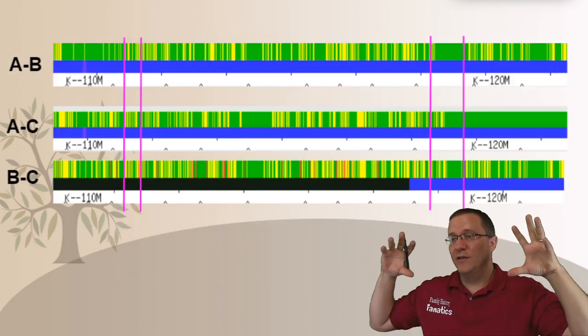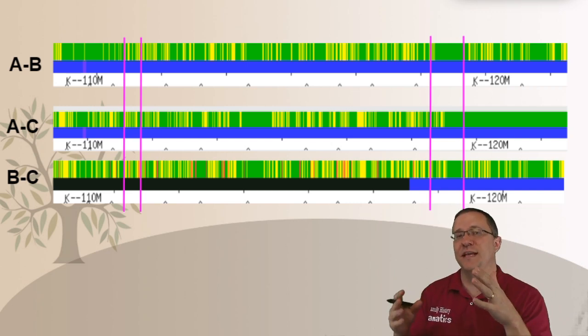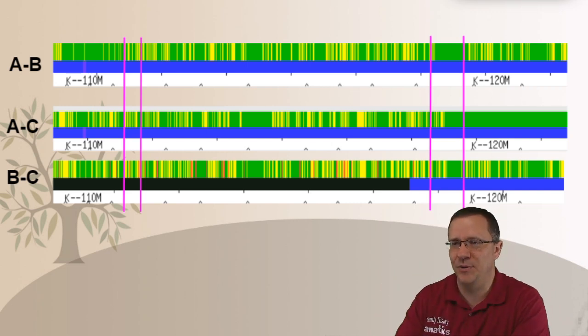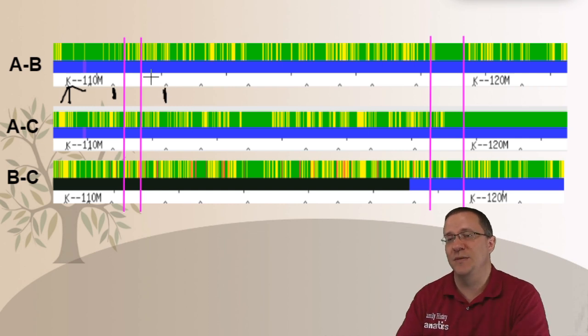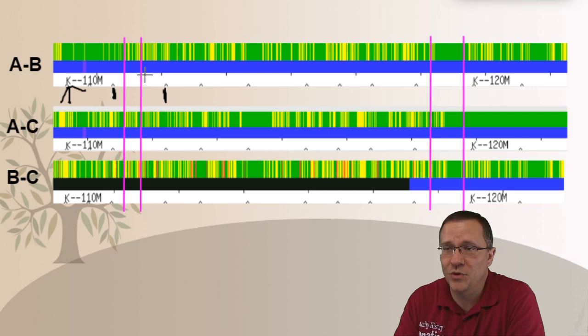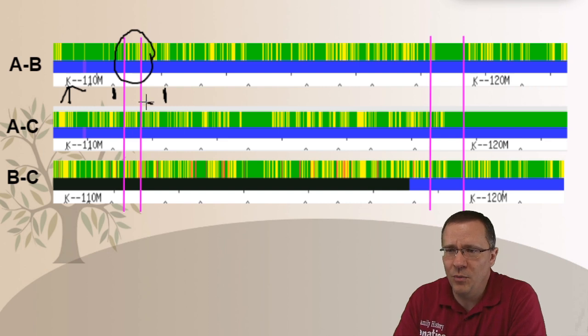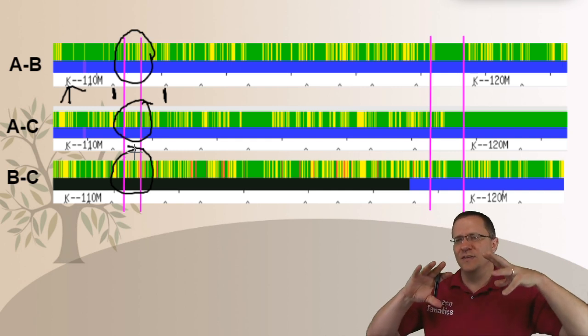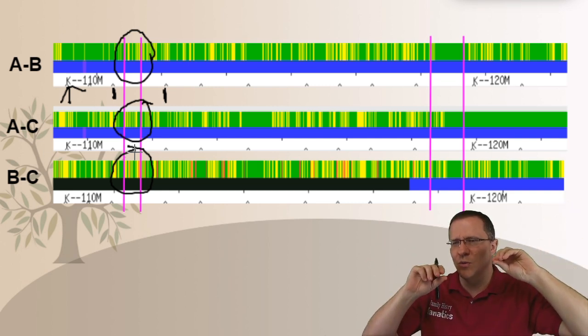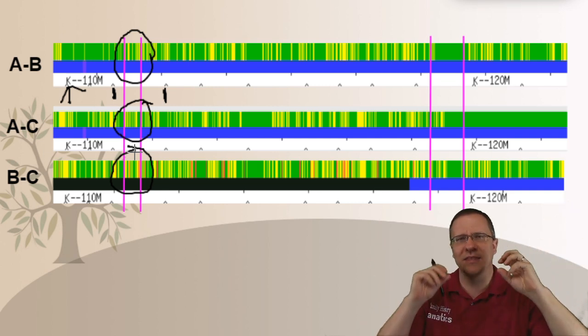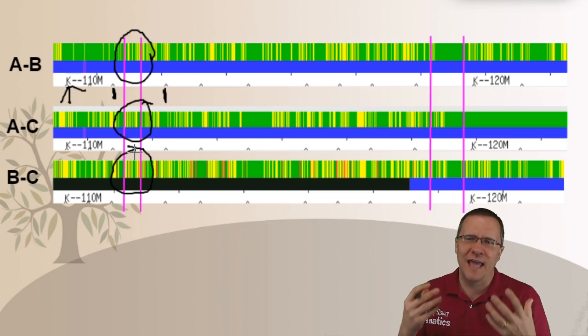So here we are, and this is going to be all of the data. So each pixel represents a SNP. This is the starting point at 110. So we count over 2 tick marks. That's 112 million. And that means this next one is going to be 113 million. So 112.3, 112.5 or 6, that's all right in this area right here. What we're doing now is we're taking a look at these areas and seeing, is there anything that is odd where there may be a miscall or a single red or something like that that might give us a clue that this has a recombination point.